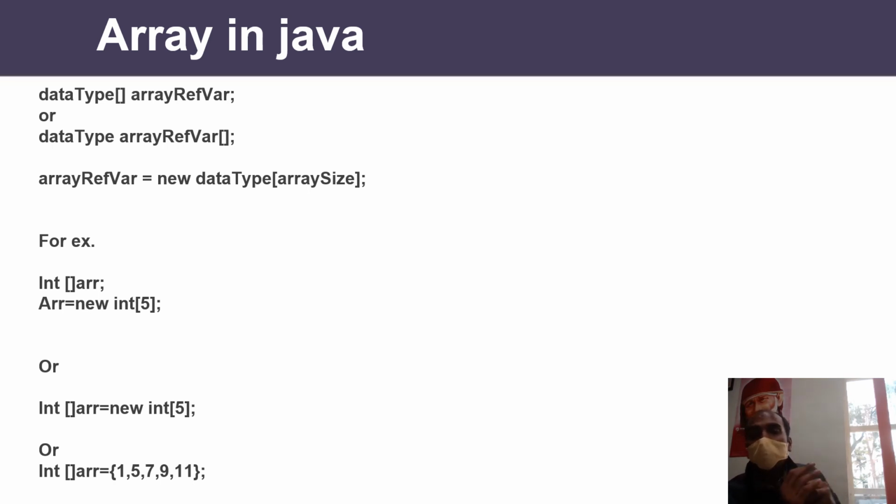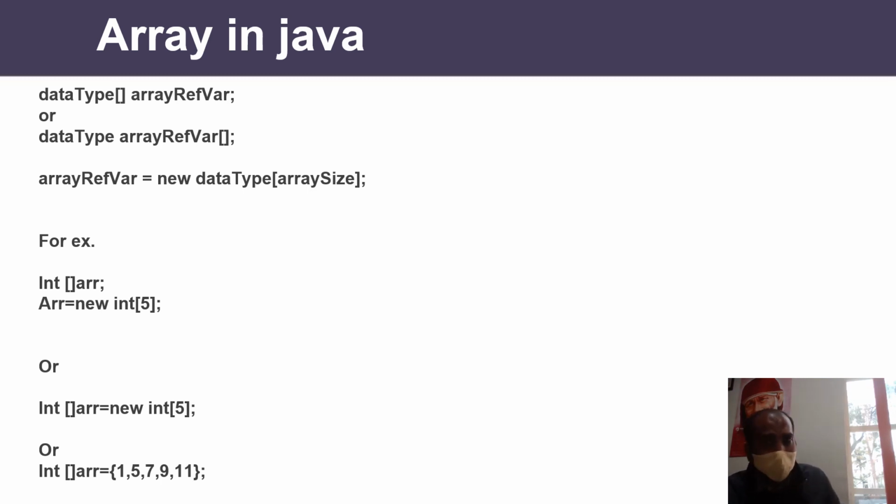Array is a reference variable in Java. And again I am reminding you, reference variables are the variables which hold the address of the memory location where the actual value is stored. So the declaration of an array is something different in Java. You need to declare an array and take care of the bracket; read the first line and second line. You can put the bracket before the name of the array and after the name of the array, both are the same in Java. And then you have to create the reference for it, and for creating the reference, as I discussed in the last class, the new keyword is used, and then you write the array name equals new data type and then the array size. For example, I have given you a declaration.